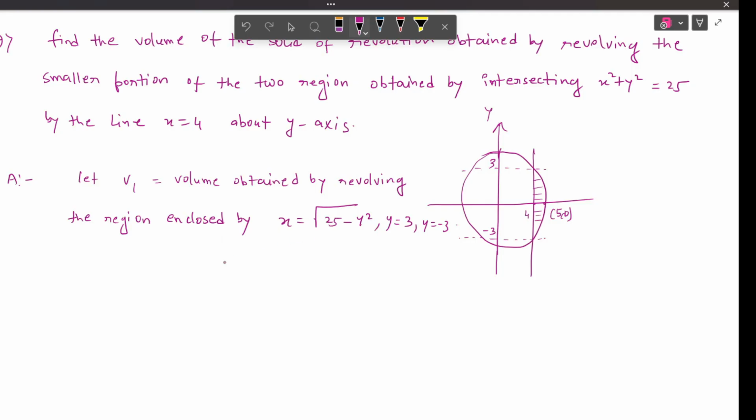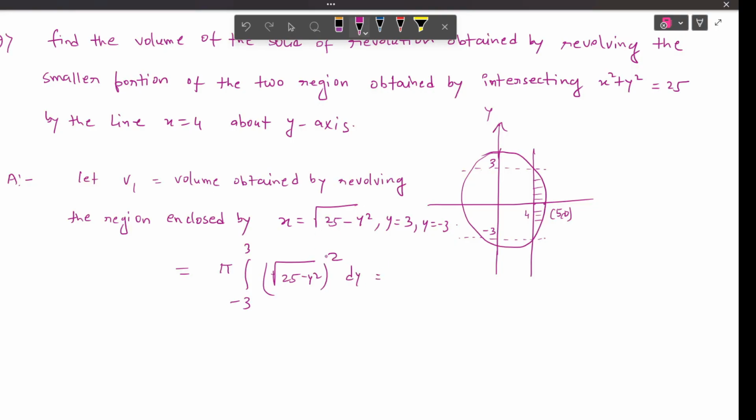Okay. And we know the volume of revolution about y-axis is pi integration y equals to minus 3 to 3, x square dy. So x is the square root of 25 minus y square, squared,